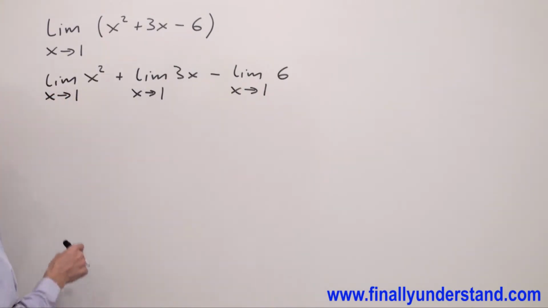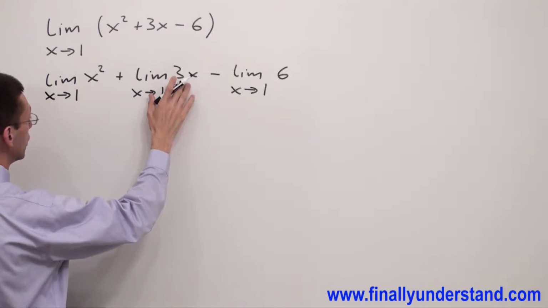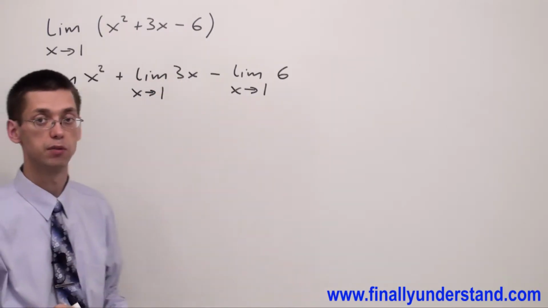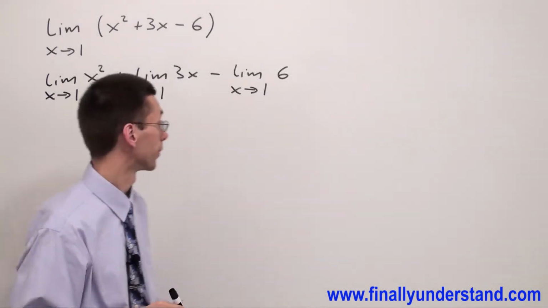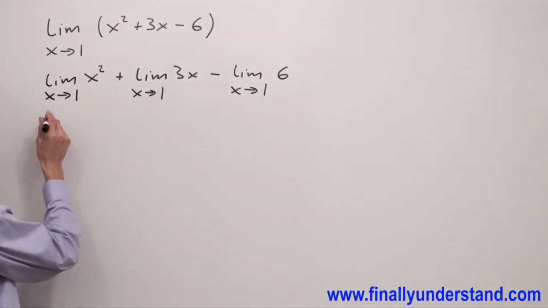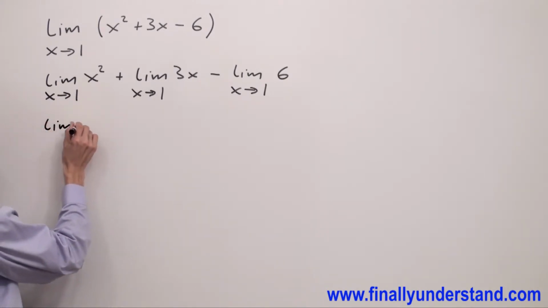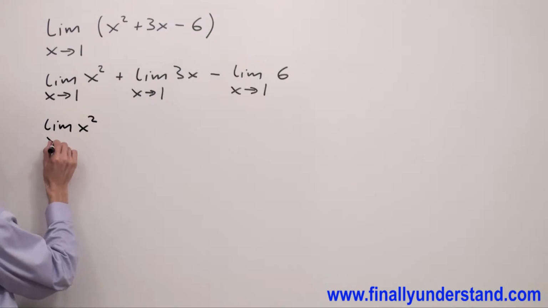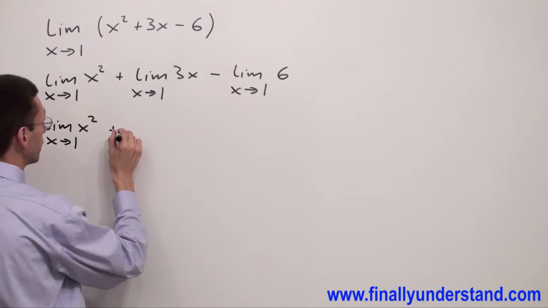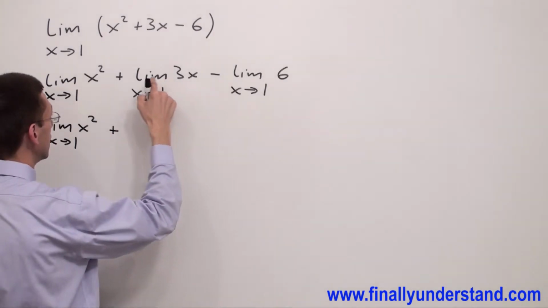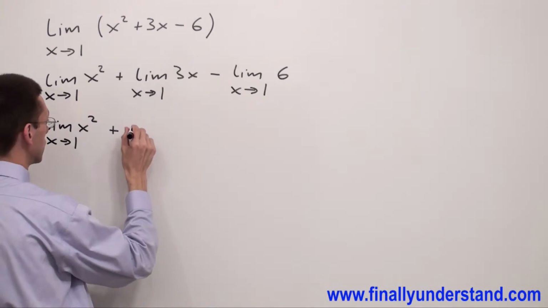Now, if you want to go further, you're supposed to realize that this is a product. We said that the limit of the product is the product of the limits. We can go further than that. Let's copy everything we are not going to use at this moment. I have the limit of x to the second power as x approaches 1, plus, and we have a product. The limit of the product is the product of the limits. So I'm going to have the limit